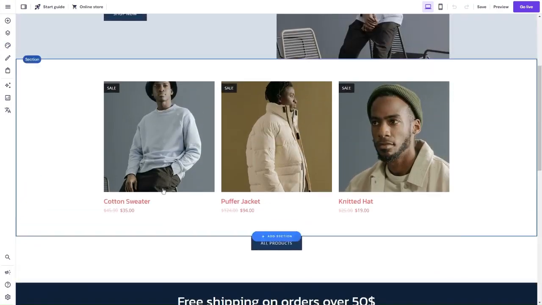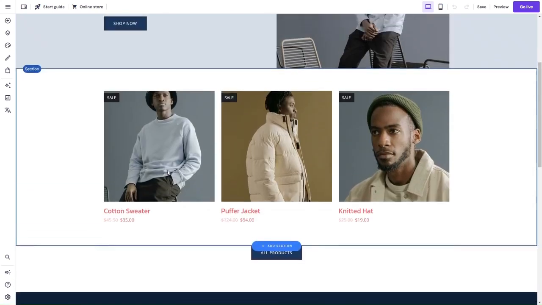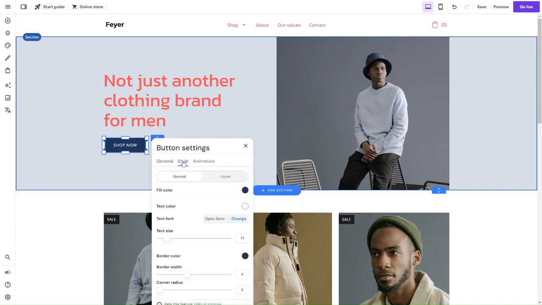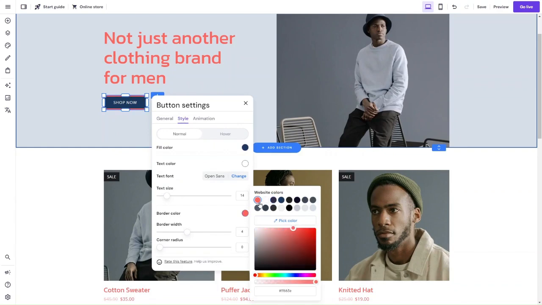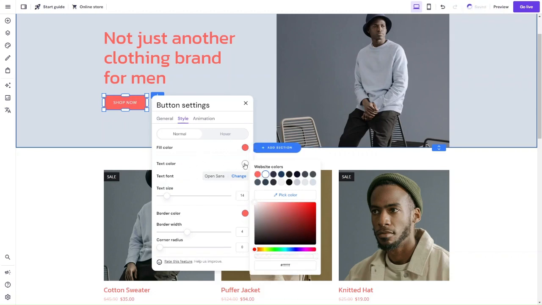So for example, if this button here right now is following the global style settings of the darker background and the white text, and you want to make this button different compared to the other buttons, what you want to do is click on the preferred elements, this button here, and then click on edit button, and just go into the style tab and change the styling to exactly how you want it. So for example, this border color, we're going to change it to pink, and this fill color, we're going to change to pink as well, and maybe we'll change the text color to that blue instead, and maybe